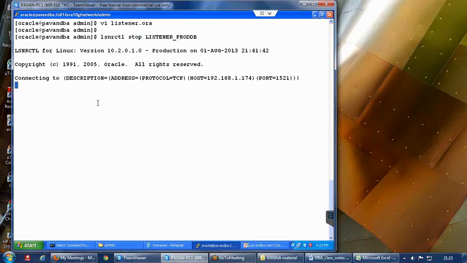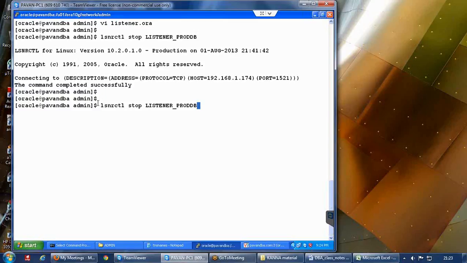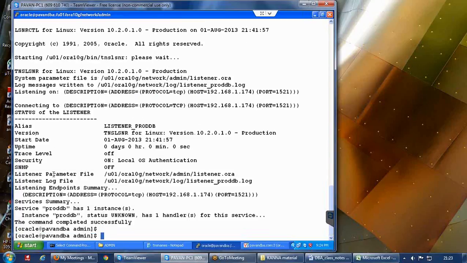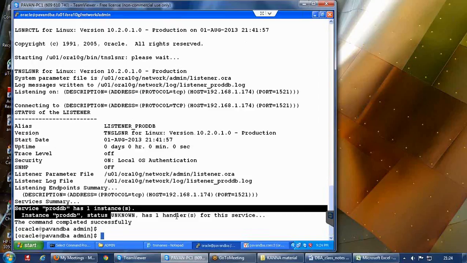So I am using the command lsnrctl stop. It is down. Now I will use the lsnrctl start command. And now you can see it is listening to only ProdDB.